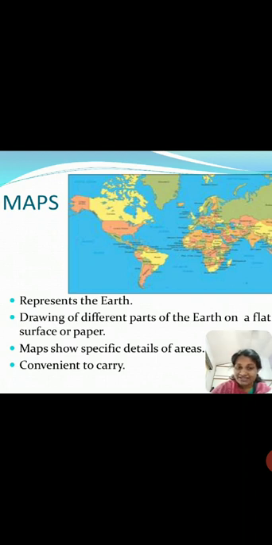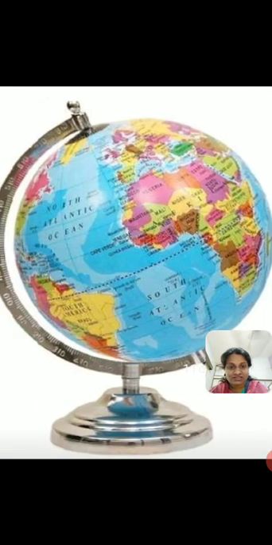So why are they done that way? They have chosen to use maps because you can see a larger portion of the earth on a flat surface. Can you see the whole earth on the globe? No, correct? You can only see one side which is facing you, like this image which I have put up on the screen. If you observe that image, what can you see? You can see only one side of the earth, correct?